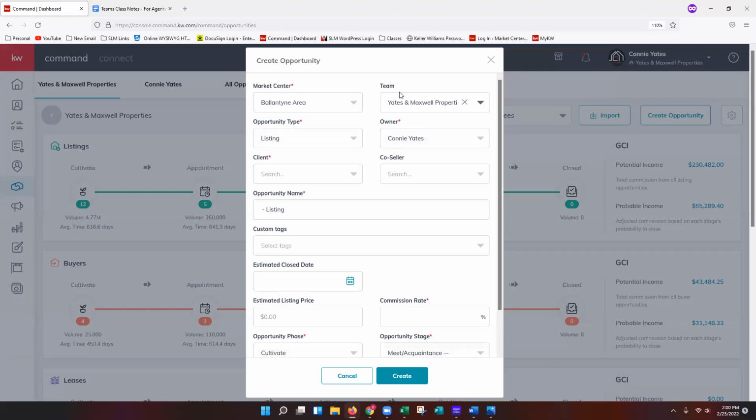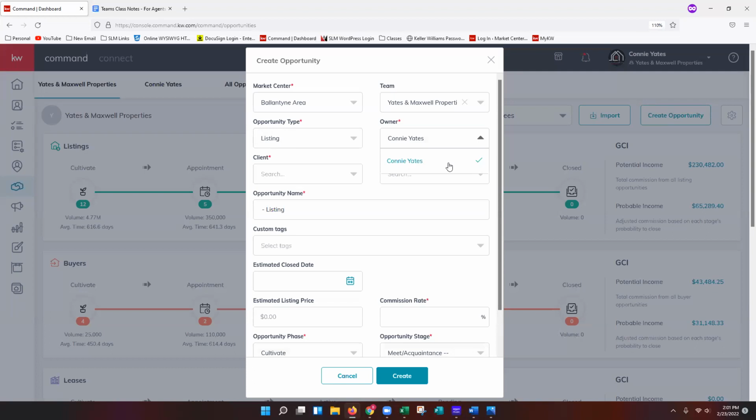Another thing that you will notice when you have the team name selected is that the owner will be the Rainmaker. If you have multiple Rainmakers on the team, this will likely be a drop-down list where you can select who the owner should be. Some teams I've seen, they have a Rainmaker that kind of handles the buyer's agents and a Rainmaker that kind of handles the listing agents. If you guys are in that sort of situation, you would just select whichever owner it should be,